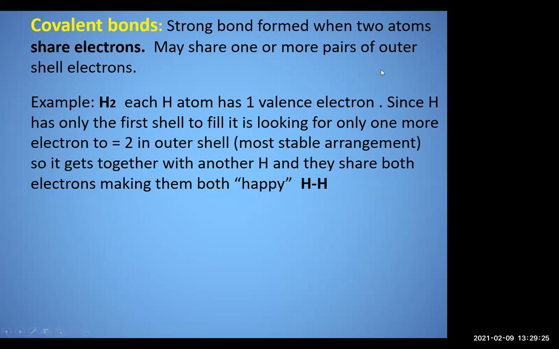Covalent bonds are shared electrons. They're formed when two or more elements, of course, get together and share their electrons, giving them both eight in the outer shell, unless, of course, with hydrogen, they're only looking for two. So in the case of hydrogen, you have that,